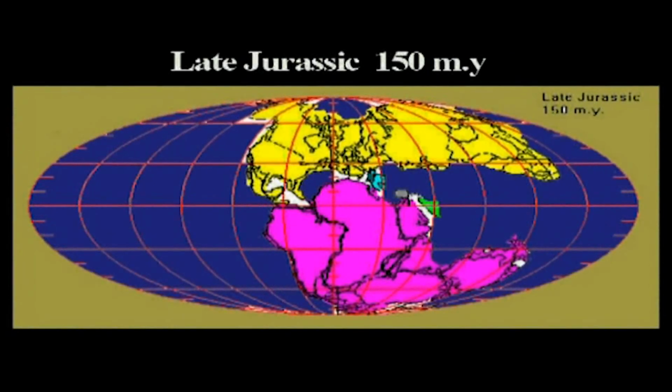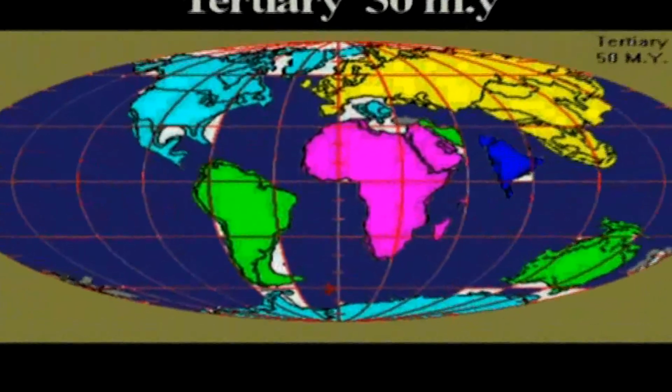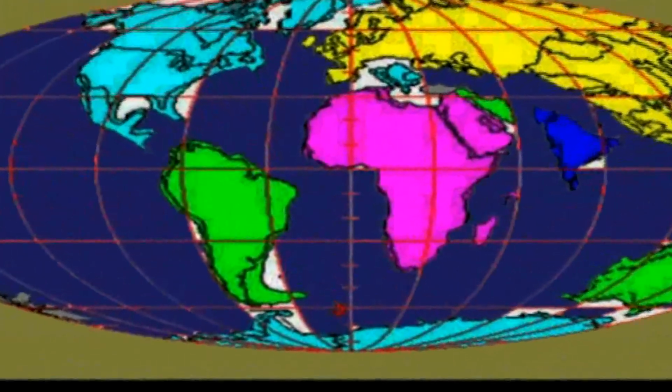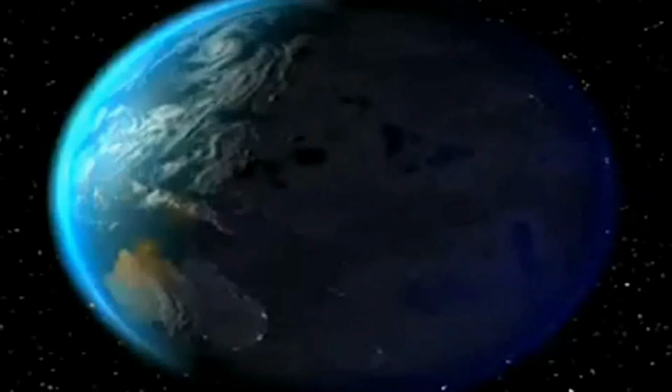The late Jurassic, this is an important period roughly about 150 million years ago. All the continents were seen together, and they got separating from one direction to the other during late Cretaceous period, and during the Tertiary period you can see that India has moved far away from Africa or from Madagascar, and the Atlantic is opening here, and the Pacific got shrunk into a smaller ocean.